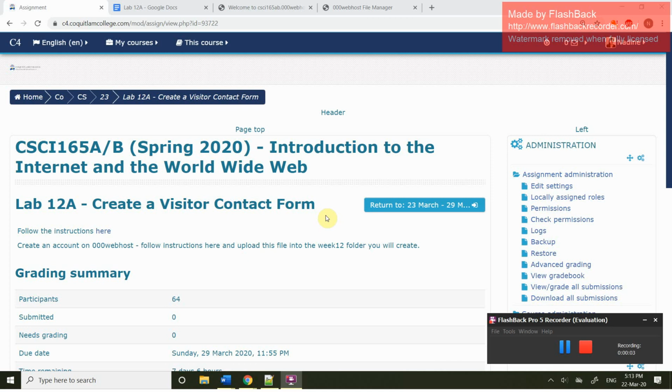Okay, so this first lab is going to be fairly straightforward because there is no PHP involved. You are going to create a contact form using HTML. And there's a couple of things that you're going to have to do in this lab. After you have finished lab 12A, after you've finished typing in the code, in order to check whether it works, obviously this is just HTML, so you can just have it on your browser and you can check it in